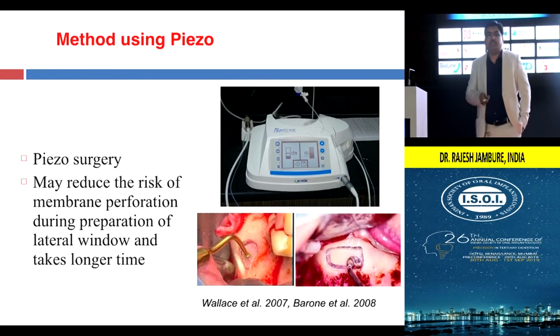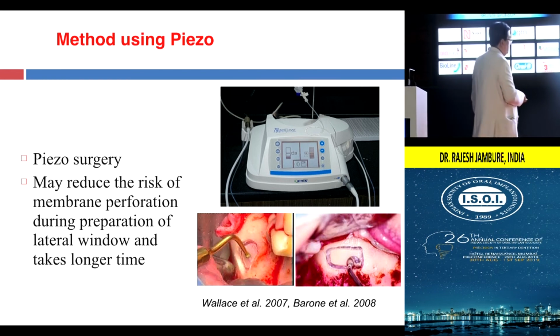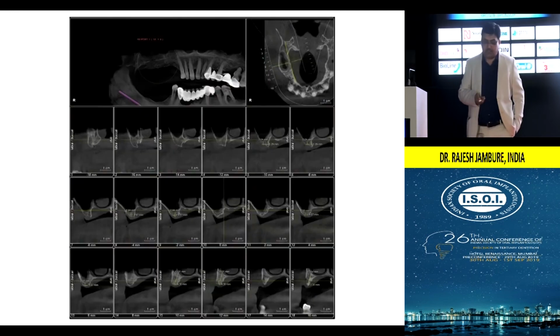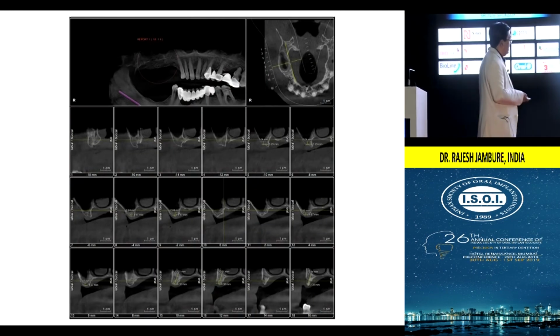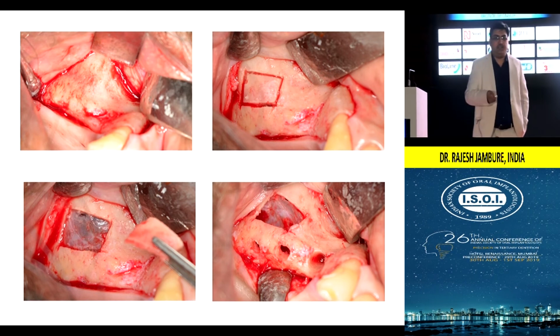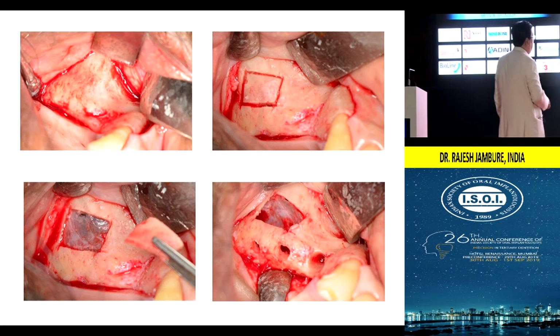Even with piezo surgery units, along with the burr technique, we know that the perforations are comparatively less. In one of these cases, I used piezo surgery, with very less RBH. If you see in this area, even though I used piezo, you can see a small perforation. So it's not the technique which is going to matter, like every piezo will avoid perforations. It's not like that. The thickness of the mucosa and other things are also important.